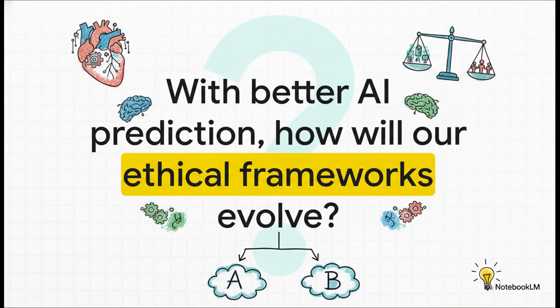As these AI tools become more and more accurate at predicting who will do well and who will do poorly after a transplant, how are we going to use that information? How will it change our ethical frameworks around organ allocation? And how will it influence our clinical decisions about whether to offer this life-saving therapy to the highest-risk patients? It's a very complex question, and it's one that we, as a medical community, will need to address as this